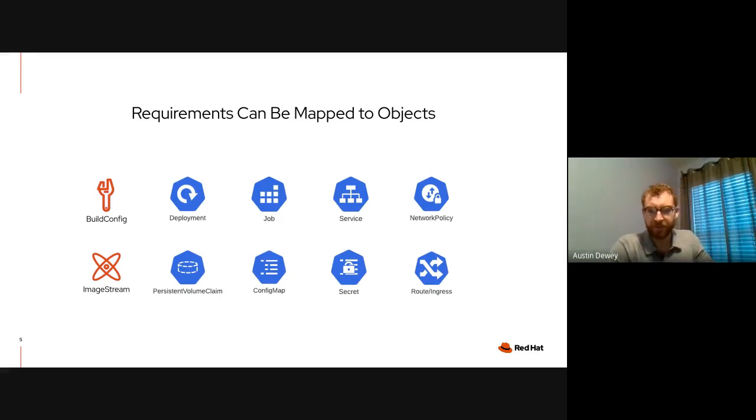So requirements can be mapped to objects, right? So you have build config, image stream for builds, and then you have lots of different resources, both coming from Kubernetes and native to OpenShift, to map those requirements out into objects. Obviously, you have deployments where you can create things like health checks and specify the image that you're trying to deploy, volume mounts, and depending on what operators and third-party tools you have, things like Vault integration, things like AppDynamics. There's lots of cool things that you can do with